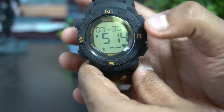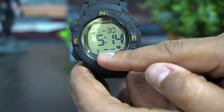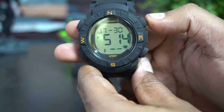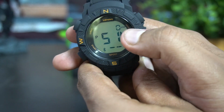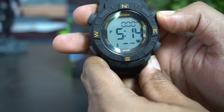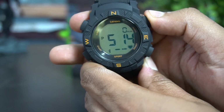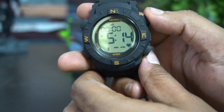So you can see the time, the date, and the month, and below you can see the Bluetooth connectivity and heart rate mentioned here. Once you're taking the heart rate, you can see the value here. Now if you press this, you can see the steps taken. Then you can see the kilometers walked or run. Then the calories you have burned, and finally you have the sleep tracking, the hours you have slept,